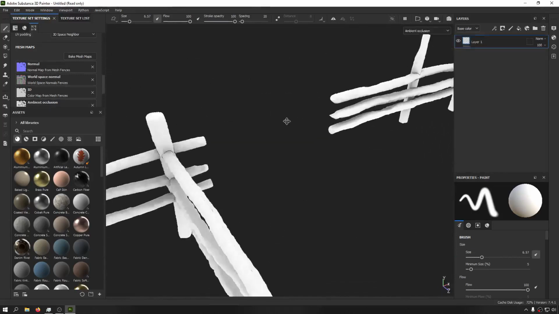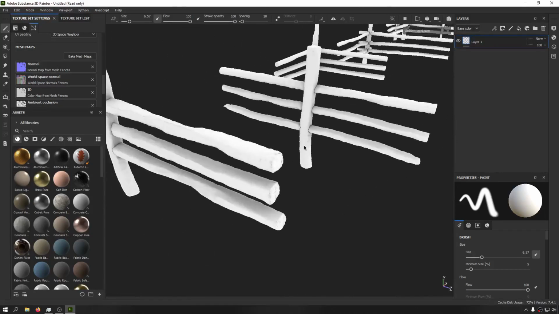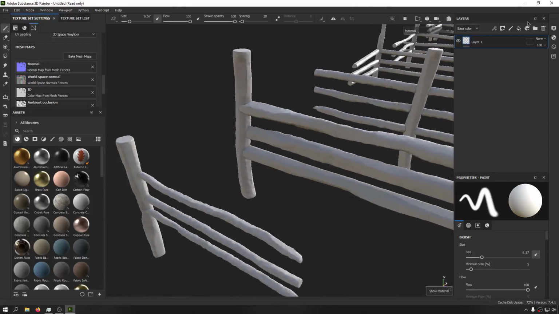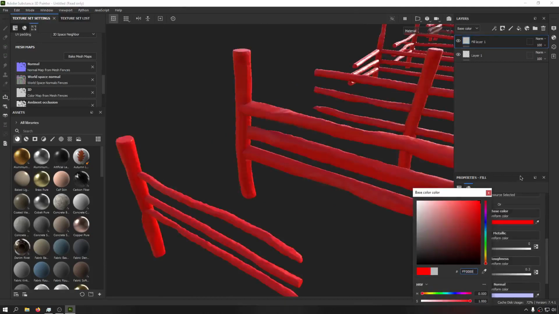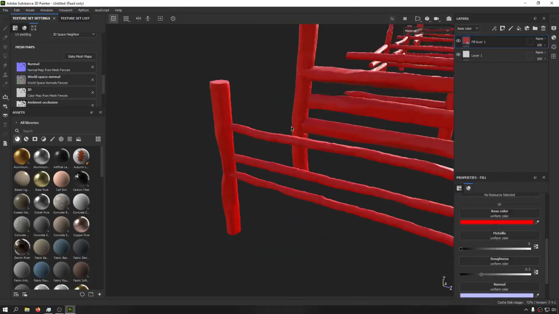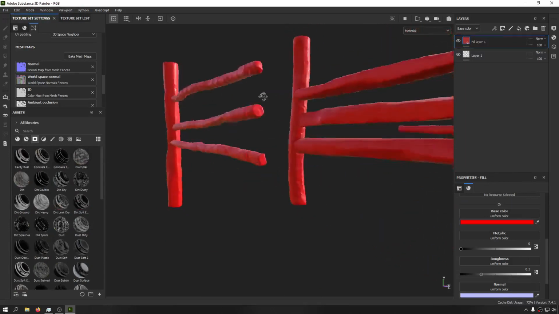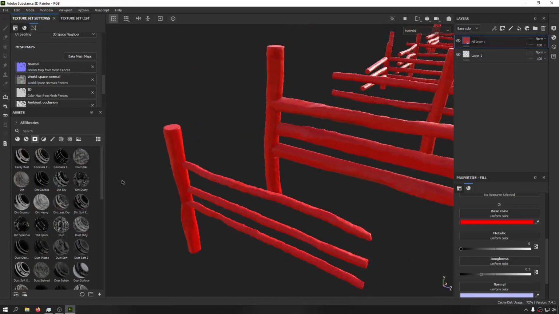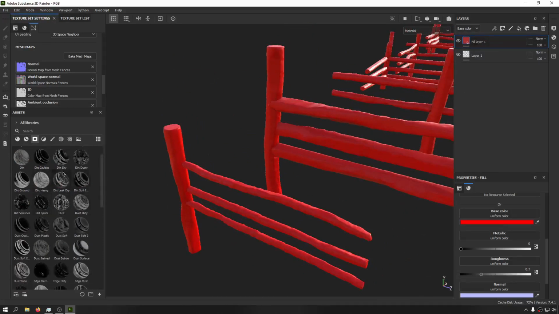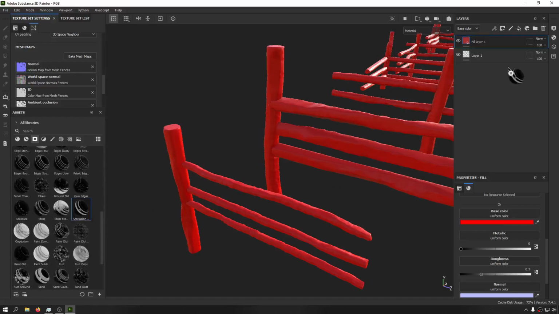Okay, and now let's demo what we can do with this and then go and bake them all out. So we have the maps baked. Let's add a layer, and for visualization let's make it red. Let's say that we are going to assign the red to only occlusion data. So from one of these masks, of course you are free to choose whatever method you want, from hand painting or using procedurals, but in this way I'm a lot happier using these because these really conform to the mesh perfectly. So let's pick this occlusion one,